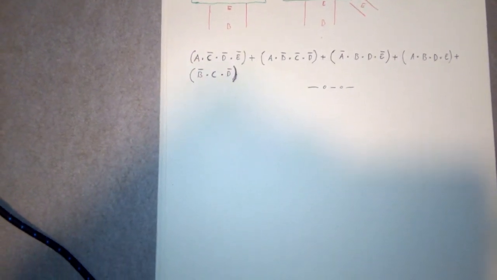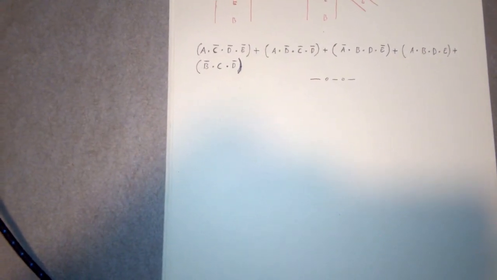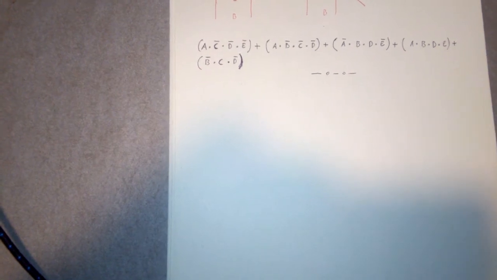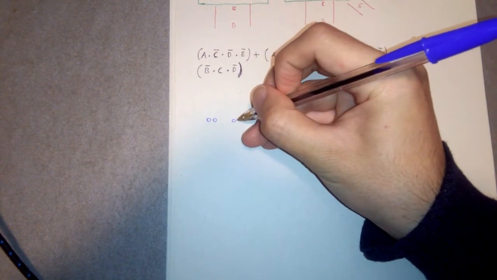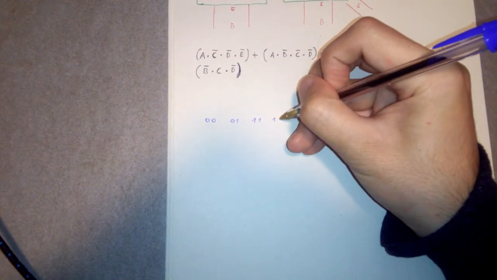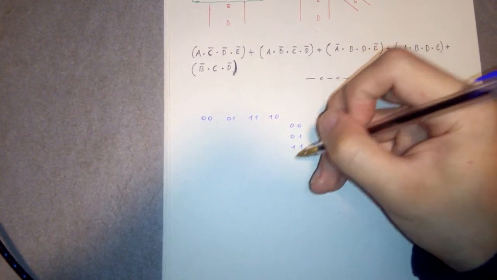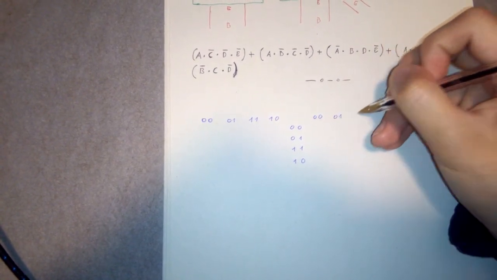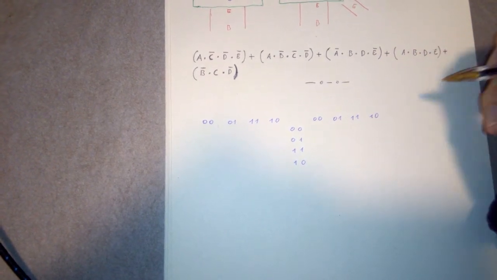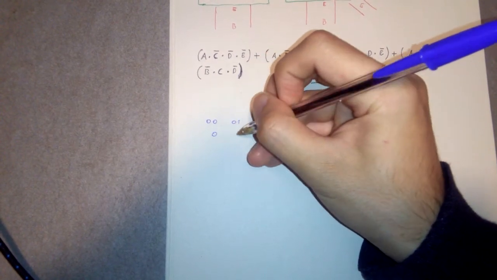And once again, we're just going to pretend that we skip the truth table and that we already have the K-map. So let's make our K-map using Gray code. So we have 0 0, 0 1, 1 1, 1 0, and 0 0, 0 1, 1 1, 1 0, and here 0 0, 0 1, 1 1, 1 0. And our entries are actually 0, 0,